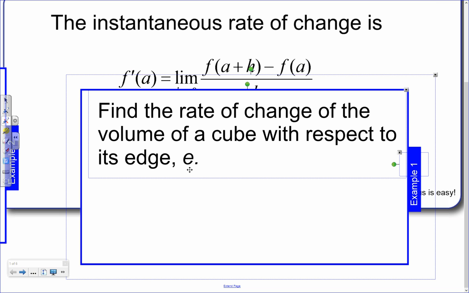If I want to find the rate of change at a specific edge length, I could plug in 5 for e, like V prime of 5. So when the edge is 5, the volume is changing at a rate of 3 times 5 squared, or 75